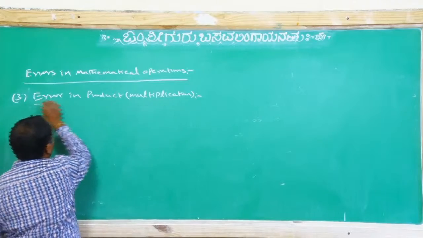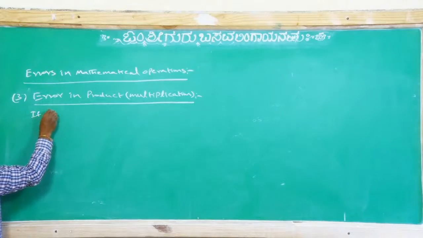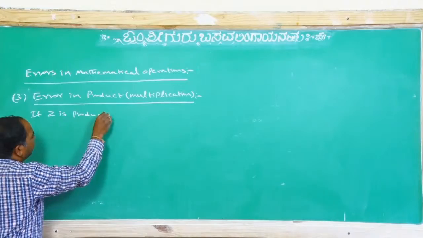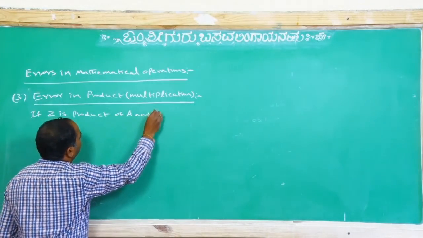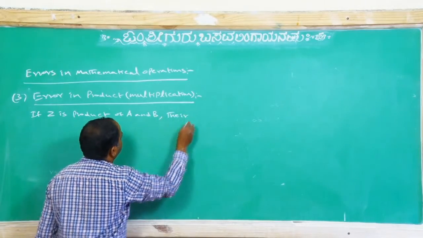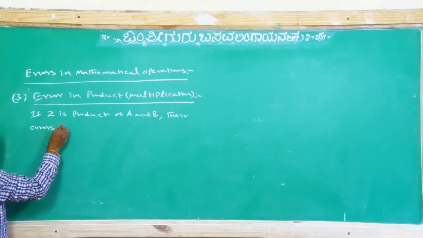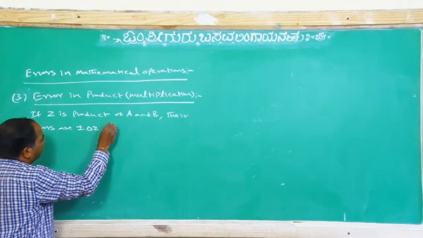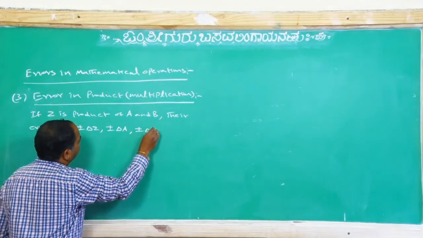If Z is the product of A and B, and their errors are plus or minus delta Z, plus or minus delta A, plus or minus delta B,